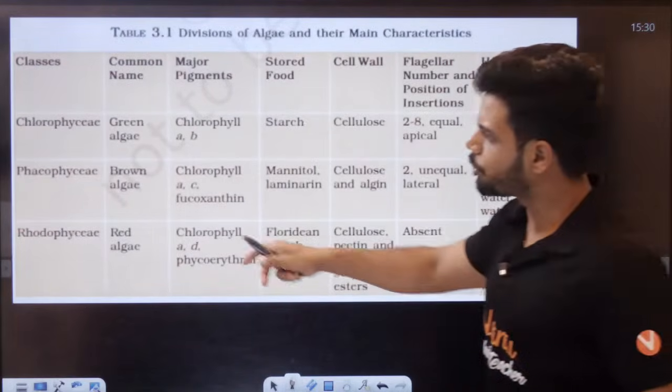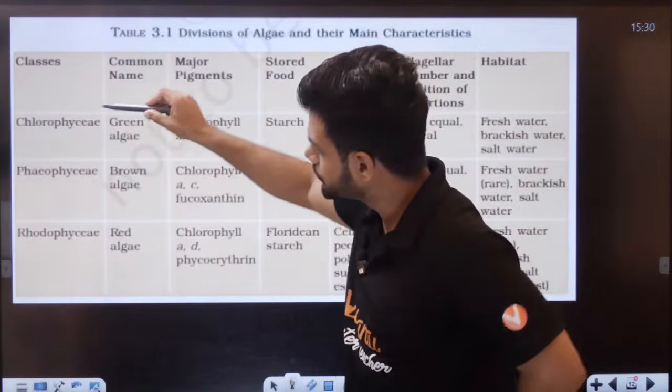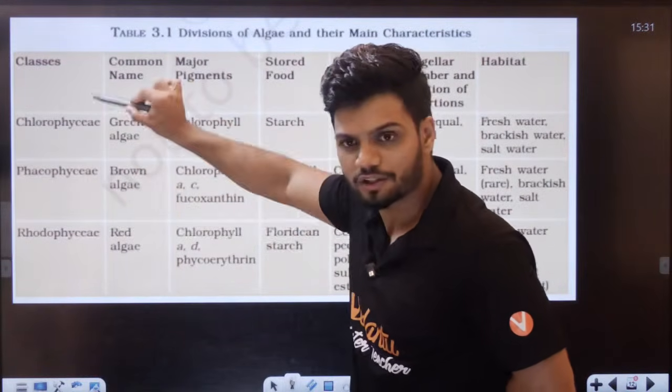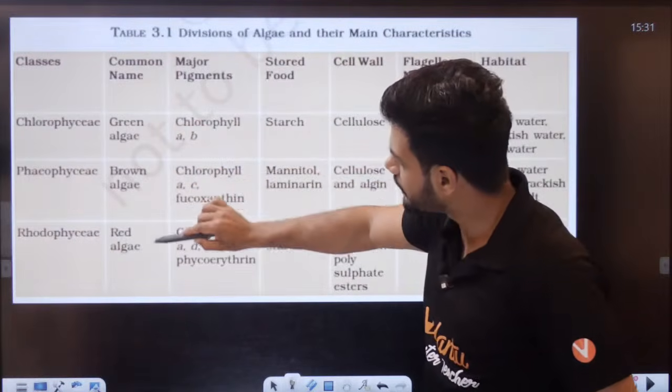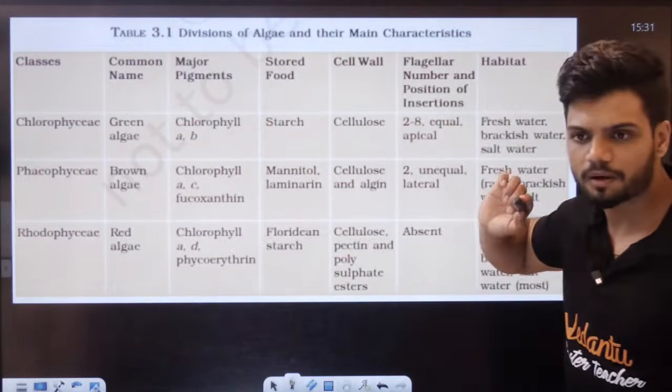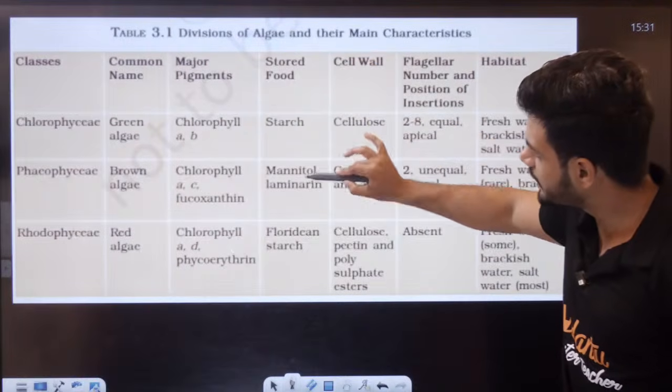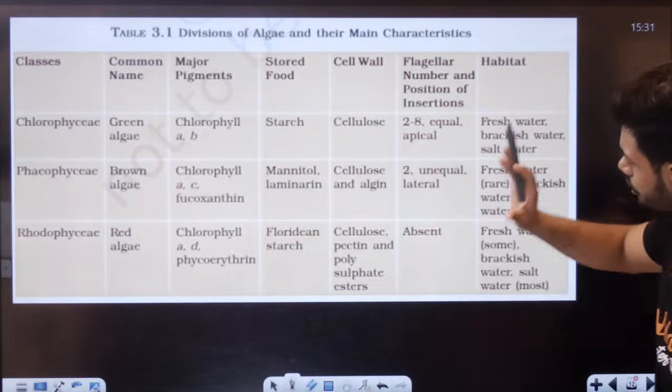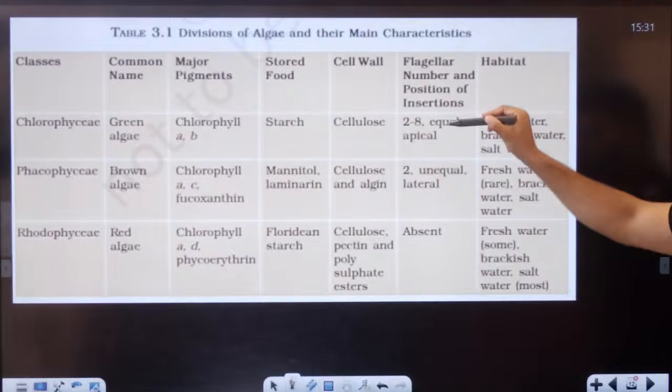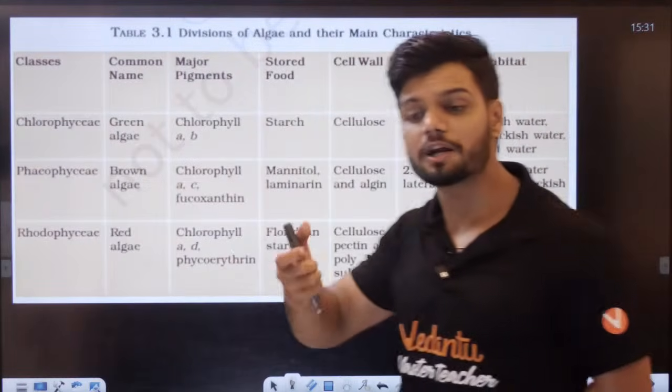इस टेबल में आपको सारी क्लासेस का दिखेगा। ये देखो क्लोरोफाइसी, फियोफाइसी, रोडोफाइसी तीनों बन गया यहां पर। ग्रीन, रेड, ब्राउन पिगमेंट, कौन कौन से पिगमेंट है यहां पर? पिगमेंट बन गए, स्टोरेज बन गया, सेल वॉल बन गया, और फिर ये एक्स्ट्रा पॉइंट है, दैट इज द फ्लैजेला, टाइप ऑफ फ्लैजेला एंड पोजीशन।